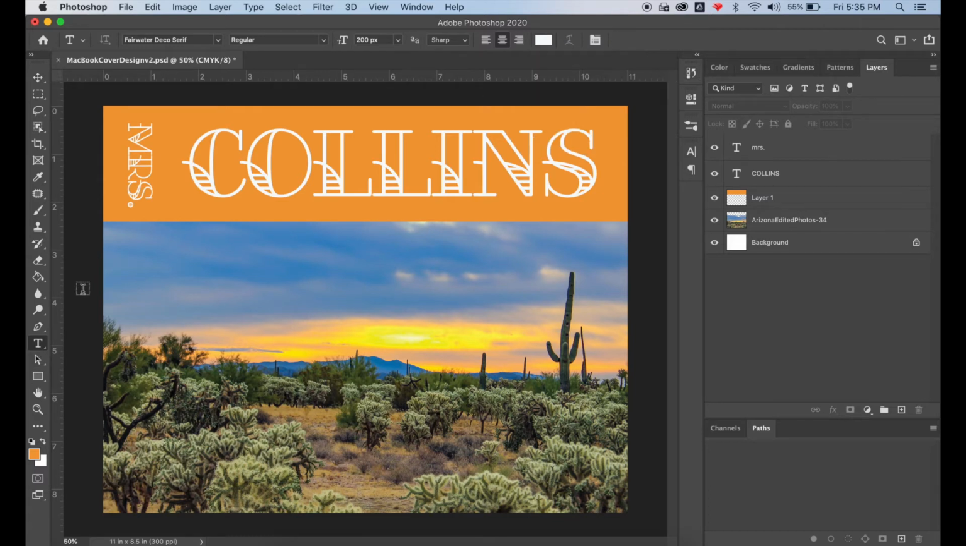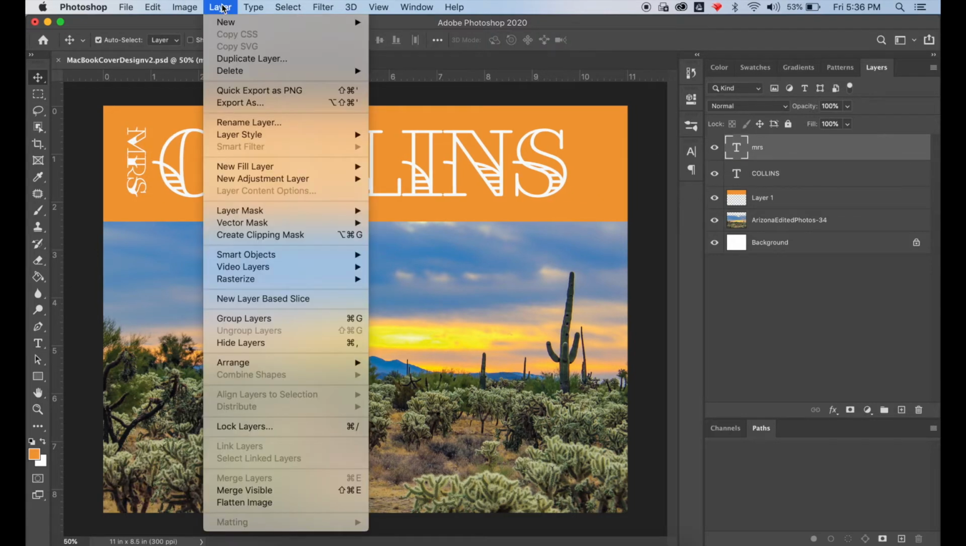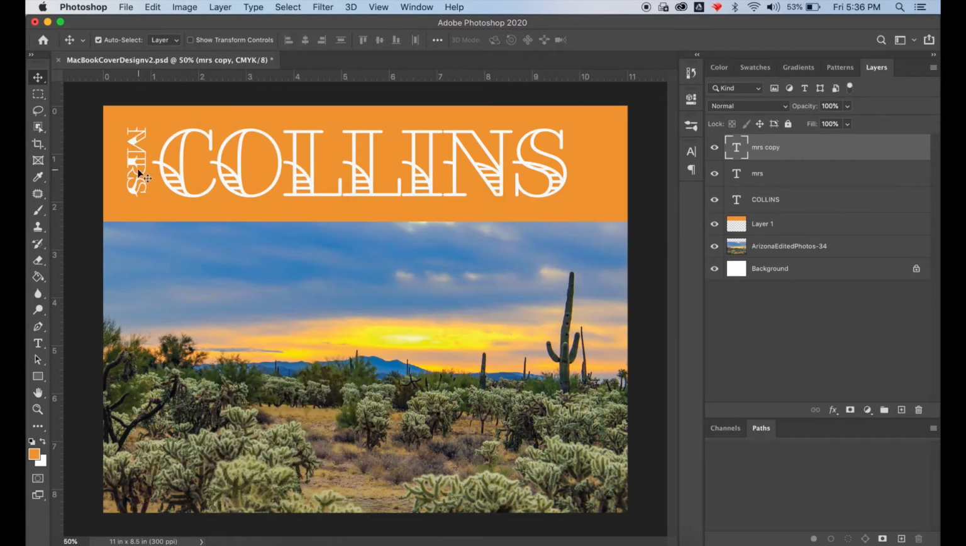Thinking about the design and how it would read. What I ended up doing was making both Mrs. and my initials smaller. I rotated them and put them towards the end and the beginning of the word Collins. Remember, one of the design parameters of this assignment is that you include your name on your design at least